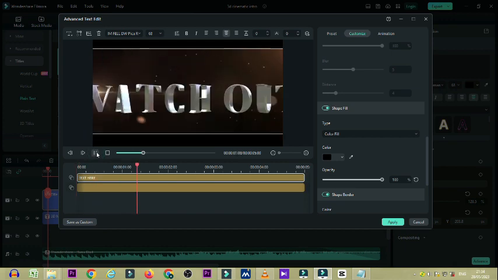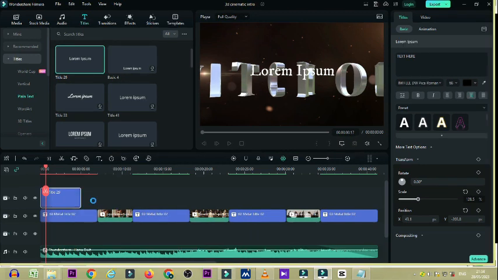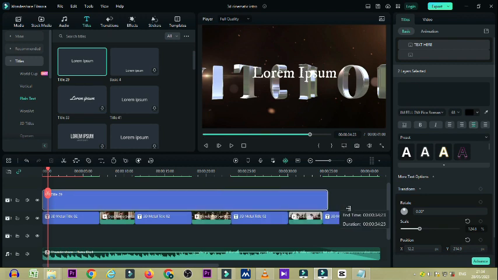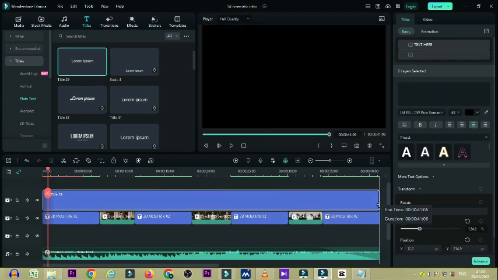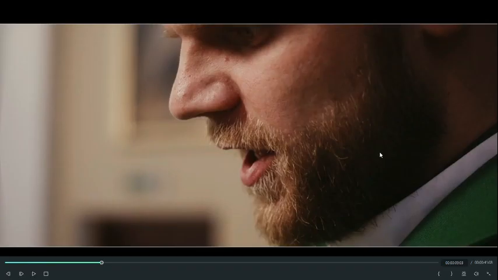So click on apply, and you now drag it to the right, that is to the end of the video. So the video is going to have the black bar. Can you see? So if I play from the beginning, you could see that I've recreated a 3D movie animation